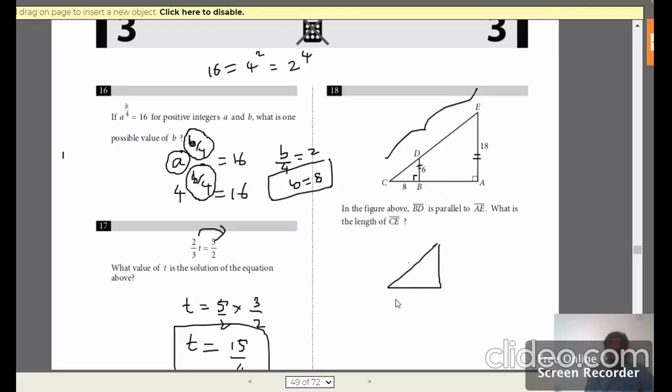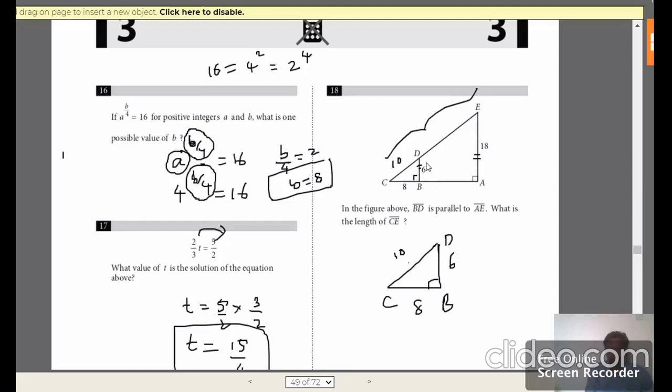If we take this, it forms a similarity criterion, because they are parallel lines. So if this is 8 and this is 6, as per Pythagoras, we know hypotenuse square is equal to opposite square plus adjacent square. So 6 square plus 8 square, that is 36 plus 64, will give me 100, and the square root is 10.